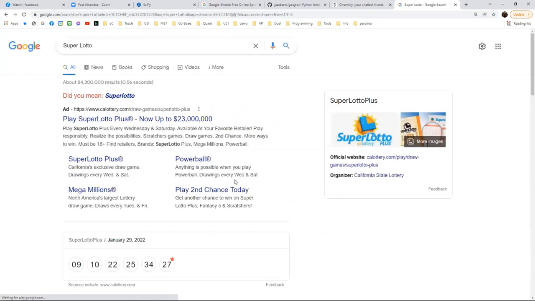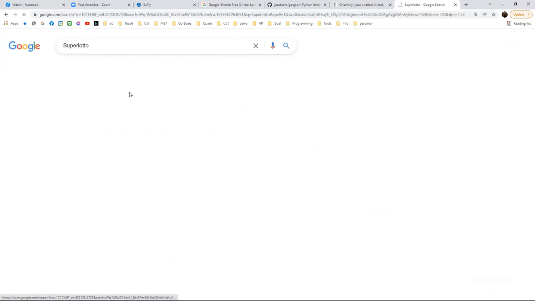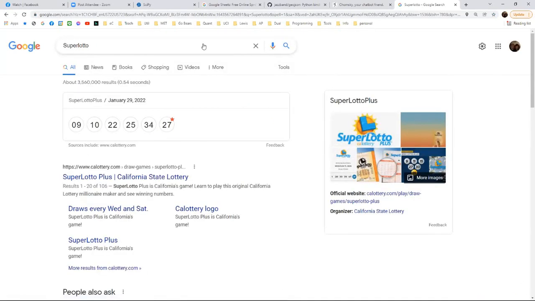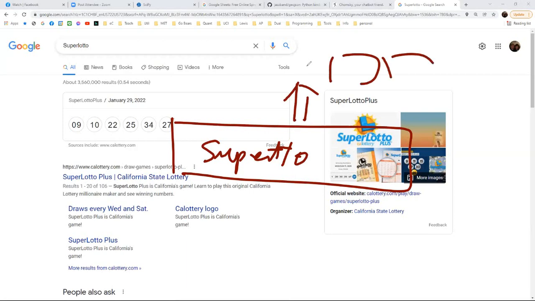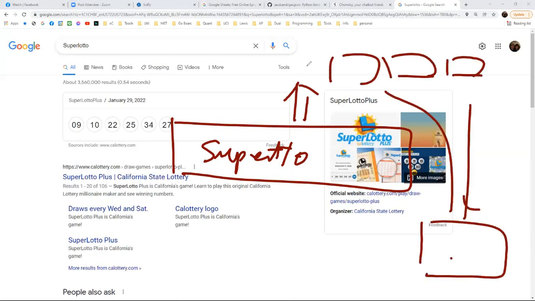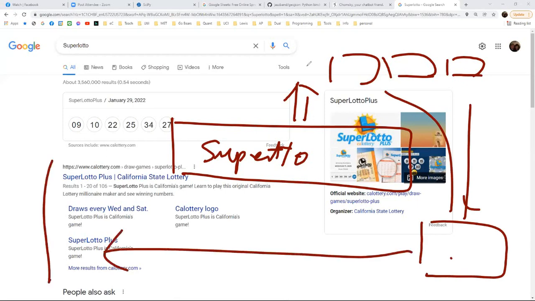You give the language, Super Lotto, and then you do some parsing. The information is passed to the Google website, which calculates the most related data and then ships it back to you in HTML format, right?